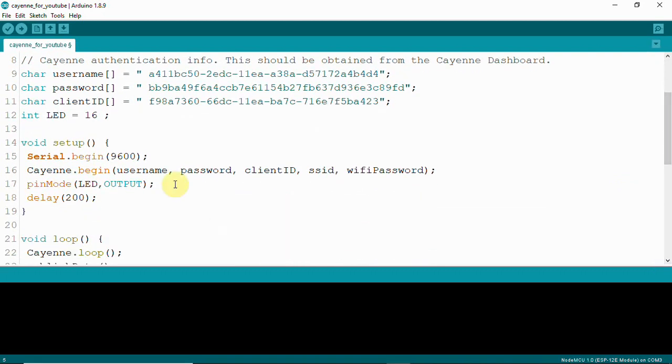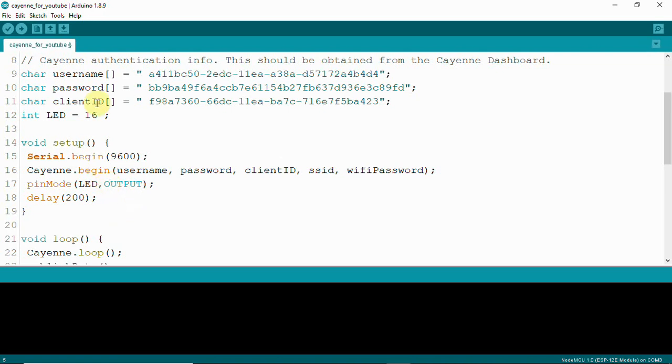Then we have void setup. To debug the data, you can use Serial.begin, and you can see here Cayenne.begin with username, password, client ID, SSID and Wi-Fi password, and these five variables are passed as arguments here.